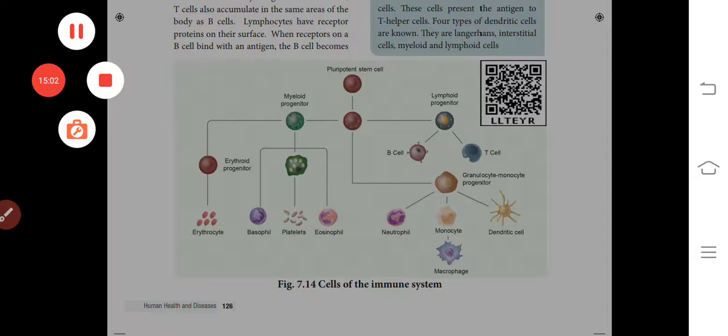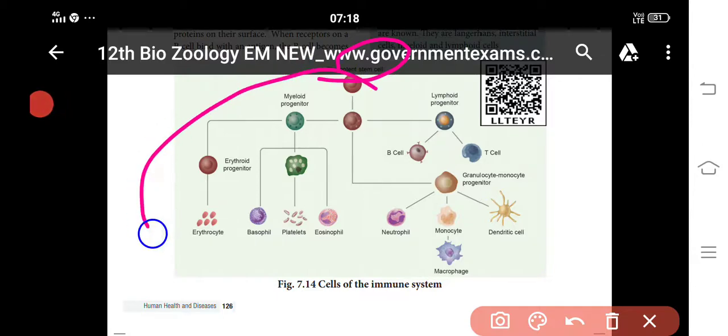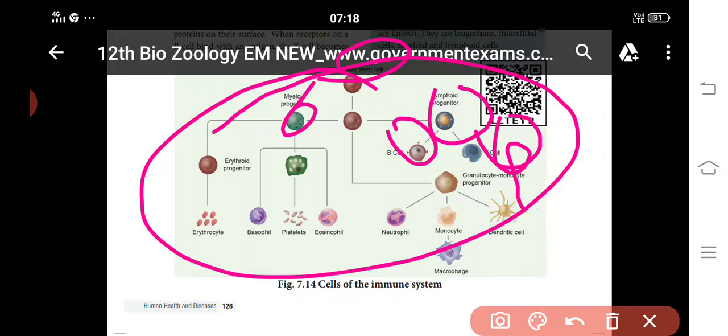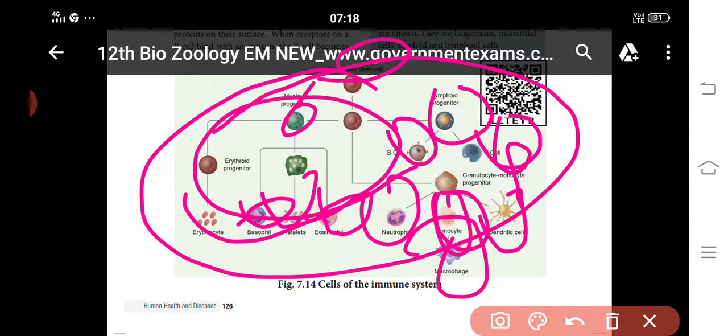So next one is the pluripotent cells. Already I told that all the cells are produced from the pluripotent cells. This is the whole system of the immune system in the human body, myeloid and lymphoid lineages. So the B cells and the T cells. T cells produce killer cells and helper T cells. So neutrophils, monocytes, and when they mature, monocytes are called macrophages. So platelets, eosinophils and erythrocytes, all the things protect the human body from the pathogens.